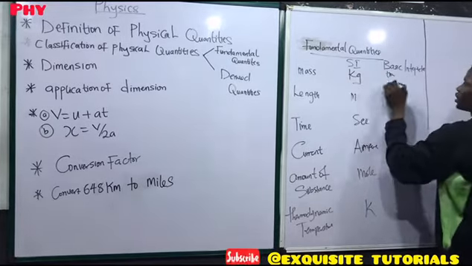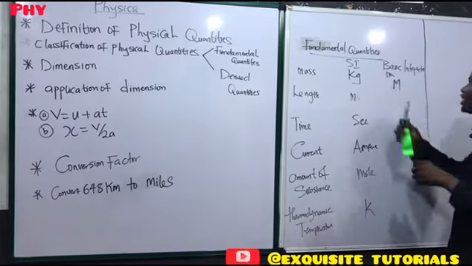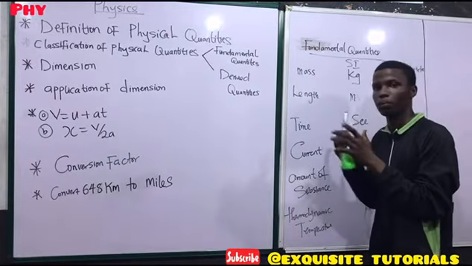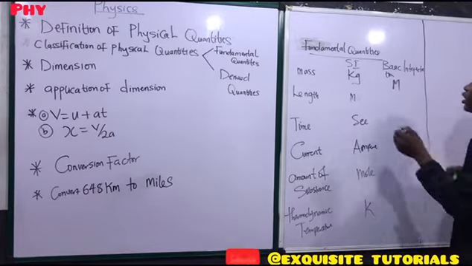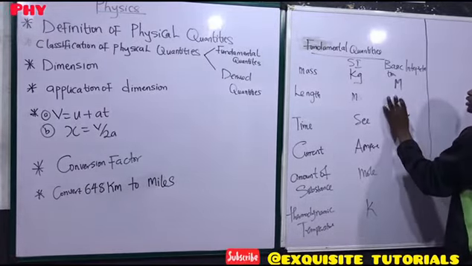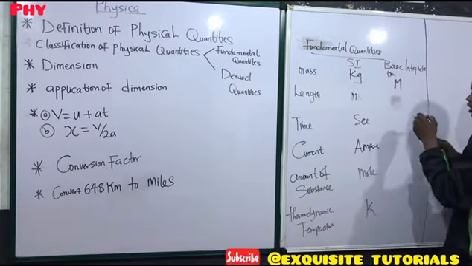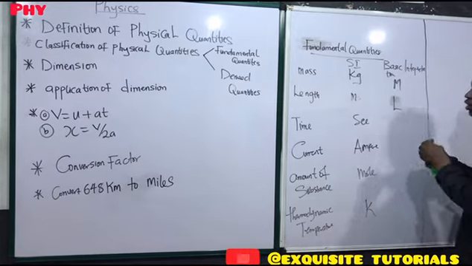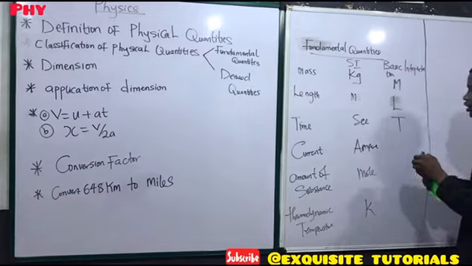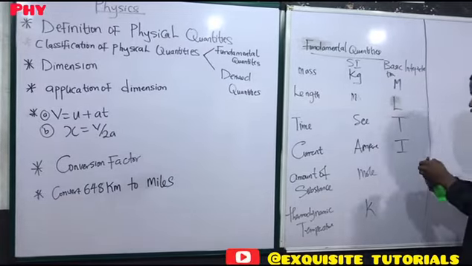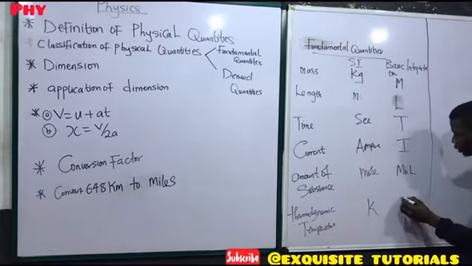For the mass, the short form is M. Then the short form for our length is L. Then our time is represented as T. Our current is represented as I. Our amount of substance, the short form is mole. For our temperature, Kelvin,